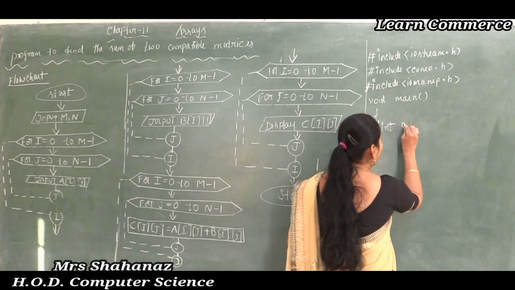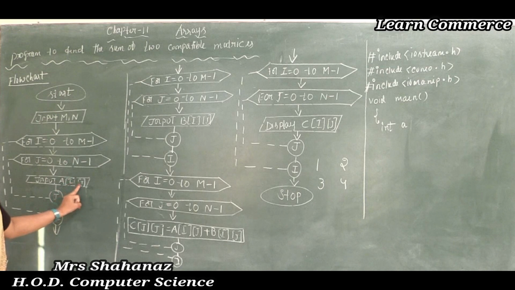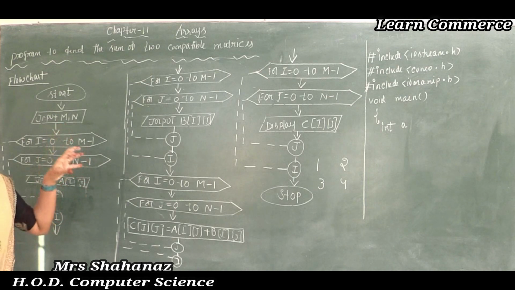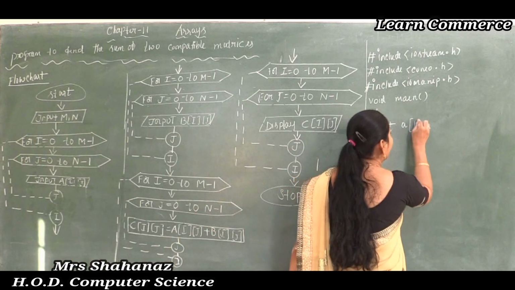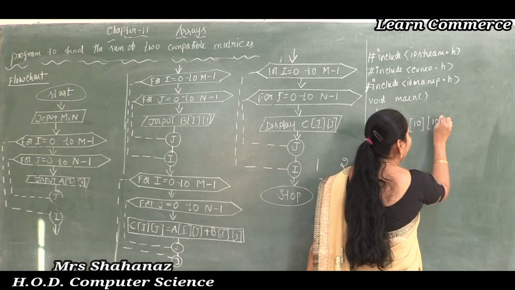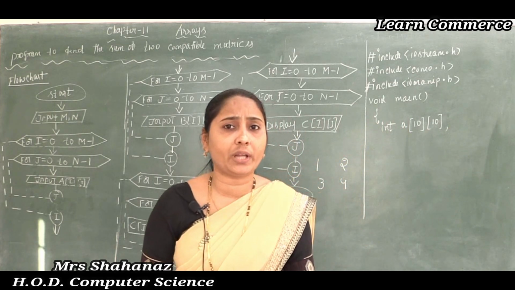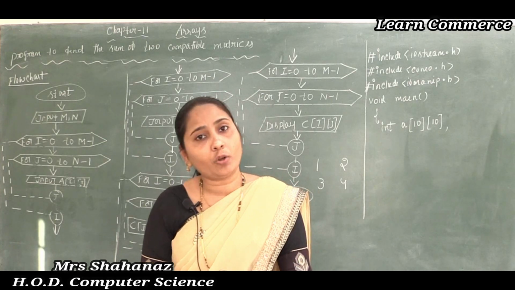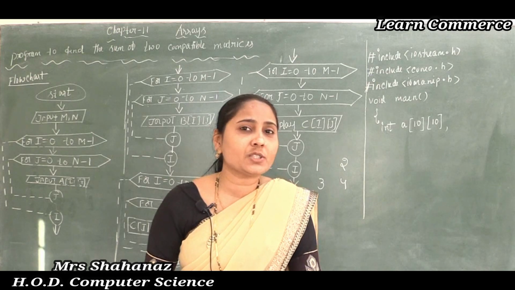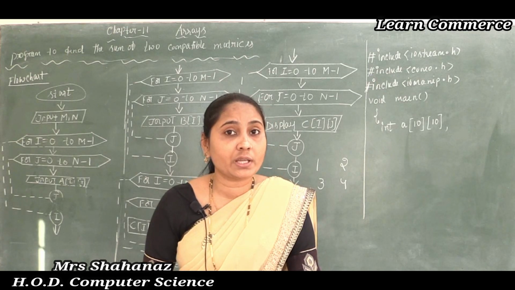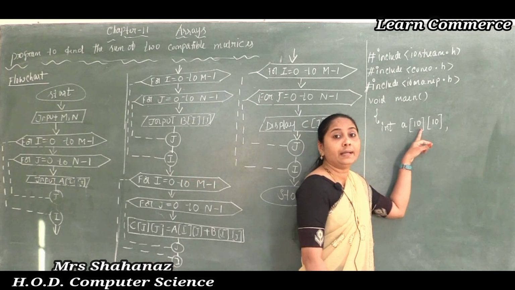And later next one, as we know that A of ij, clear this part here, ij we need to use for the size of the rows and the size of the columns. So I am using the row size as 10. It is not necessary that if you are using the row size equal to 10 and column size equal to 10, you have to use 10 rows and 10 columns. If you want, you can use fewer rows and fewer columns. It is just the declaration. But if you are using 10 rows 10 columns, it is also possible because we already declared it in our declaration part, okay.